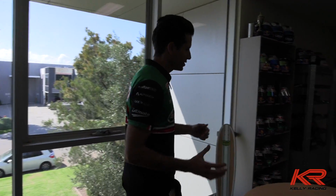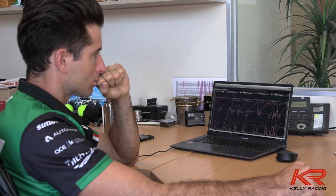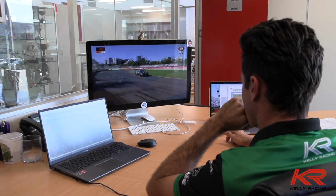Well, this is my office. Sorry about the mess. Always stuff coming in and going out. But in at Kelly Racing today, it's very, very quiet. Obviously the cars, the truck and all of our personnel are at the track today setting everything up. So I've got some data, some track vision and then some setup notes and weekend planning on this screen that